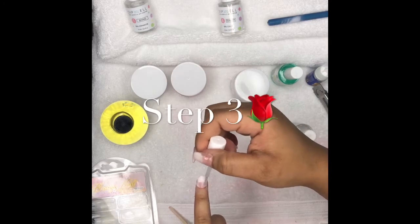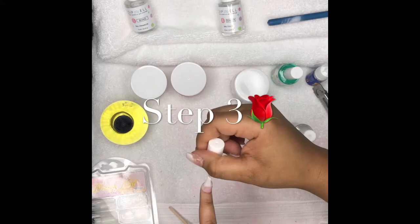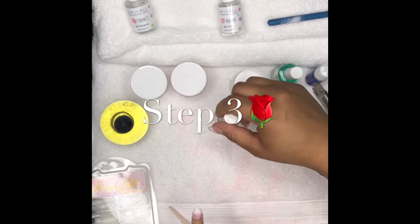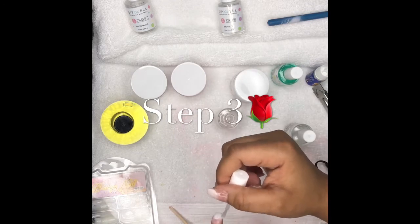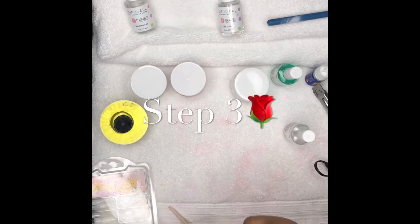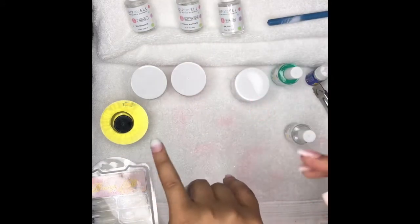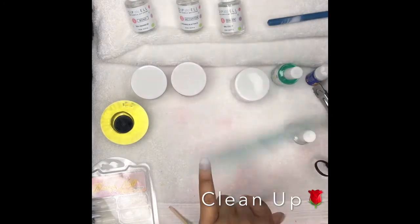All right, so step 3. This is called the activator. I said activator section in my other video of the unboxing of the Dipwell kit, and I don't even know what I meant by that, but activation. So what this does is actually activate the powder, get it to adhere to the nail, and actually start working on hardening. This part takes about 2 minutes to dry, so I'm kind of fanning,